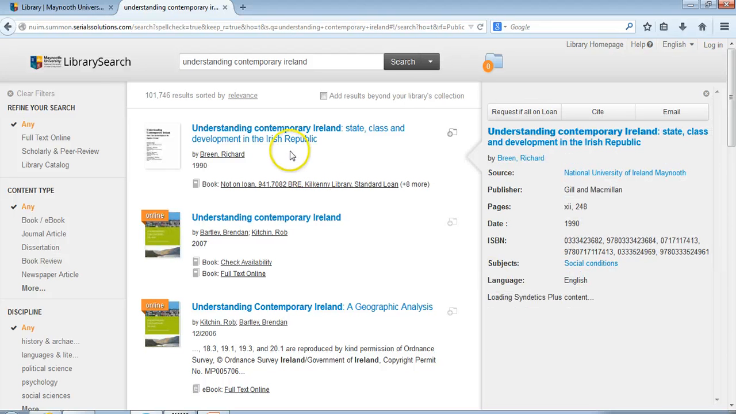So now that I have the title, I found my book, what I need to do is to find the location. So the location is the number and letters, which is 941.7082 B or E. And this one is not on loan. So what I need to find is the availability of what we have here in the library. When I click on the +8,